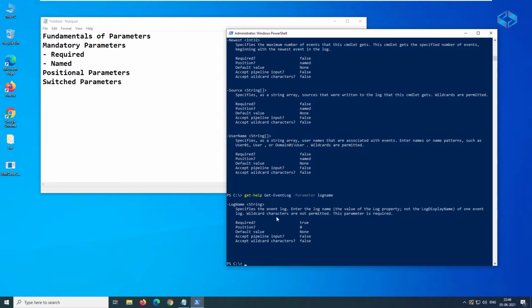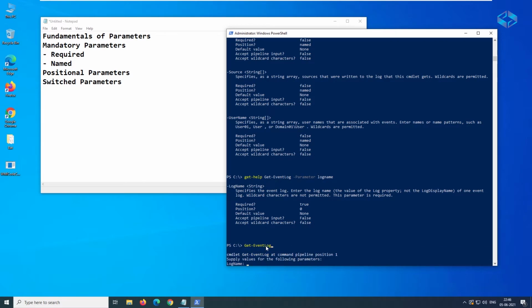So here let's take the example of log name. Now how can we do it? Get-Help Get-EventLog, and if you just press enter, it will ask for the event log name.